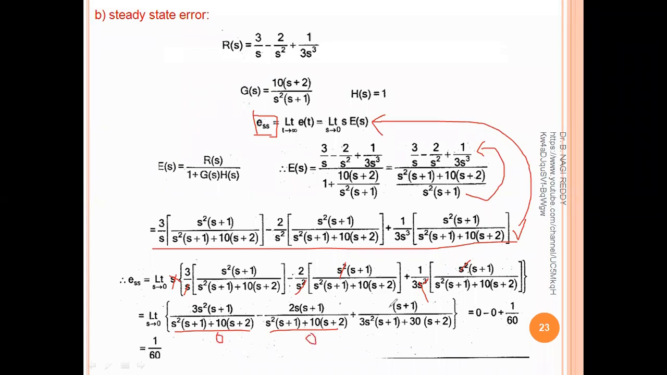But here you can see there is no separate S term, just S plus 1. So substitute S as 0, that means we will get 1 by, here also this term becomes 0, but here 30 into 2, because S is 0 here, so 30 into 2, which is 60. So 1 by 60. So the steady state